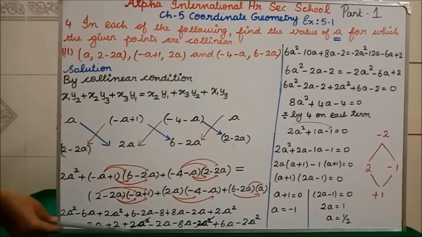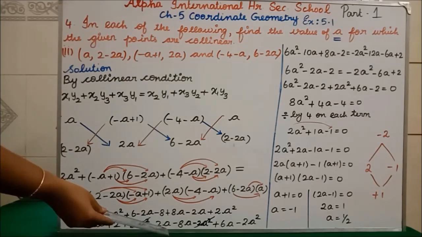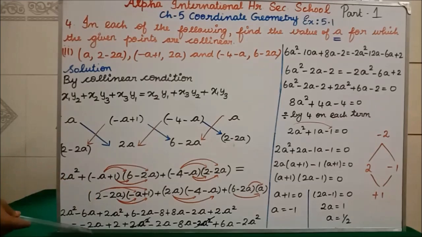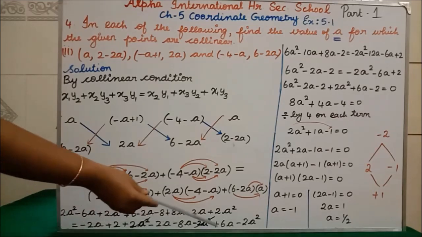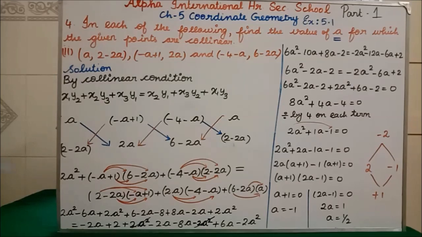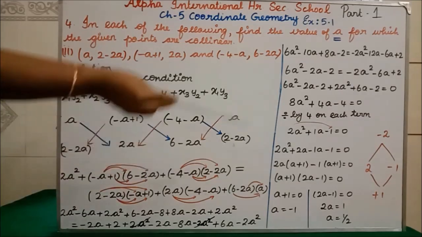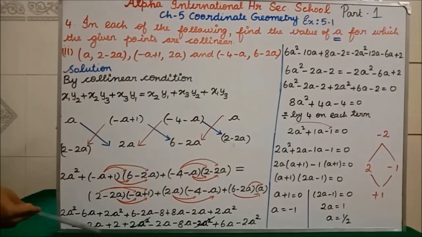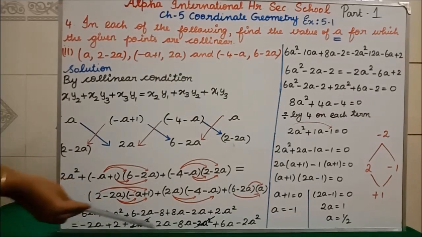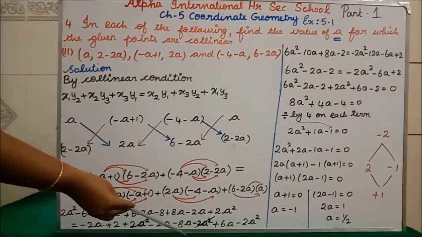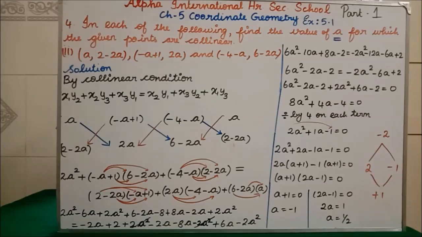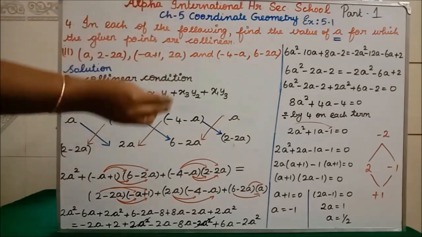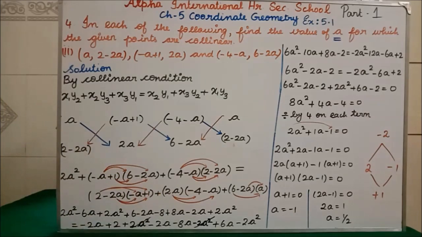Here minus 2a, here minus 2a. Which means what? Minus 2a, minus 8a plus 6a we are having. And afterwards we are having minus 2a square. Square only I have written first. Here minus is add. So 2 plus 2 is 4, minus 4 minus 8 is what? Minus 12a. So I have written 12a, plus 6a we are having. So which means what? Minus 12 plus 6 is what? Minus 6a. See, I have written here minus 6a.